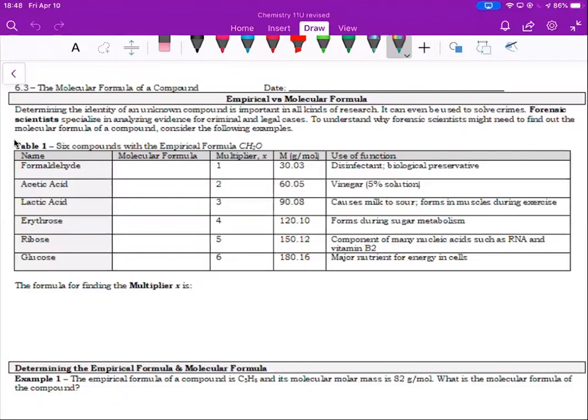We're still in chapter 6 and we are learning about the molecular formula of a compound. In the last lesson we learned that the empirical formula is the simplest ratios of elements in a molecule. I like to think of it as the most reduced form. While we find the empirical formula from mass spectrometers, which makes it very, very useful, the empirical formula in and of itself is not the